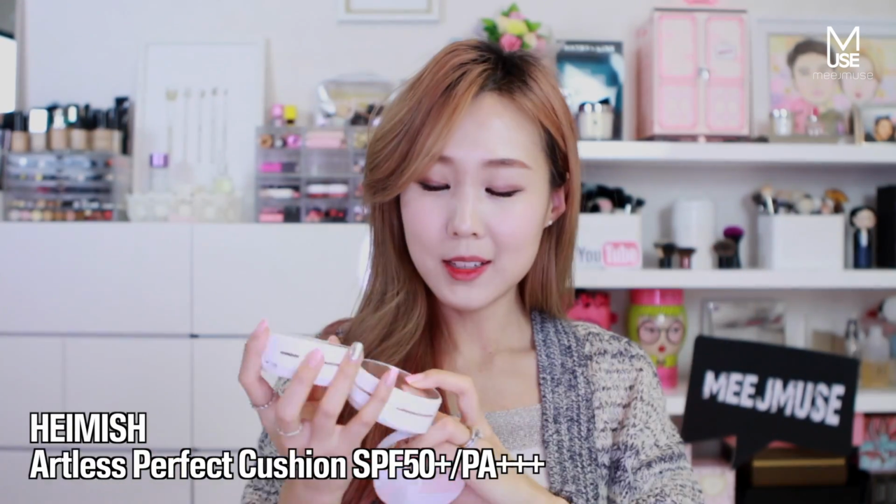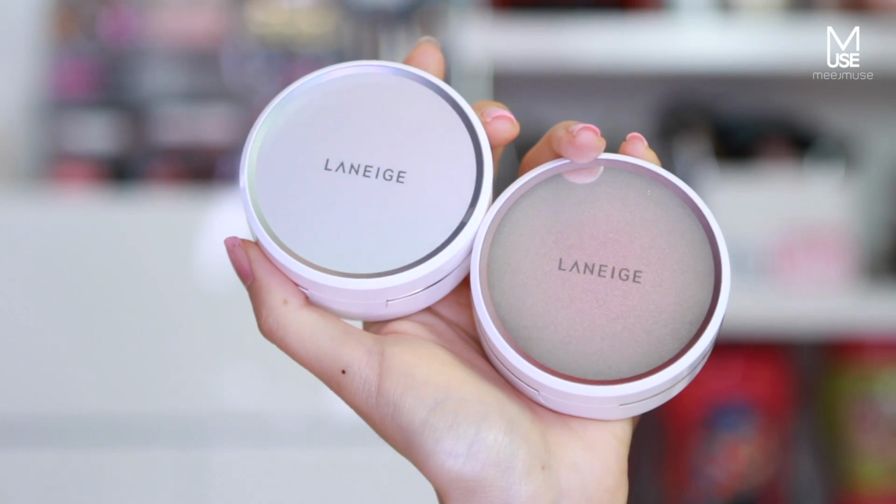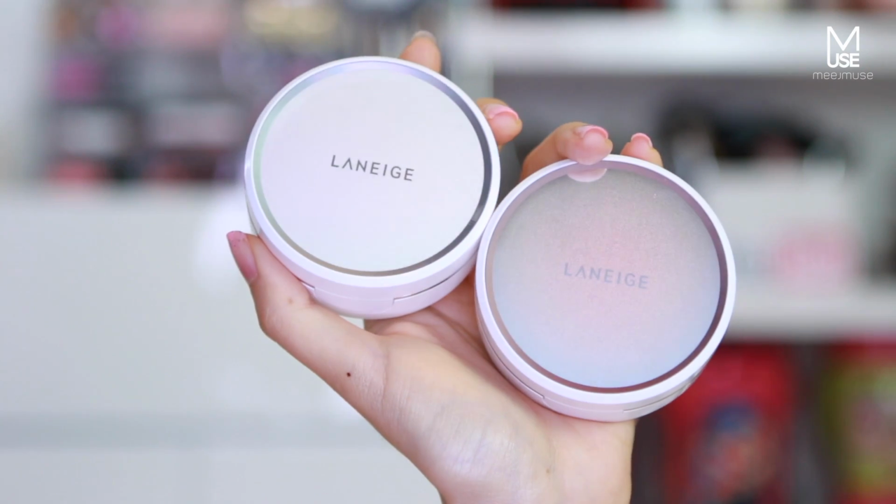Okay, this is a really weird category, I guess, but best packaging and all-round functionality goes to Laneige and Heimish. Laneige's BB cushion is just hands down the most sophisticated, beautiful, classic, elegant looking packaging, and I think they've done a really good job all round. I think they're the only brand that came out with so many different shades, including like number 33 Cacao. They have this anti-aging one, which I really like, has a firming effect as you apply. It's got a little bit of moisturization, and then the whitening version and the pore control. So it's really up to you guys, but I really wanted to give them an award for those two categories,